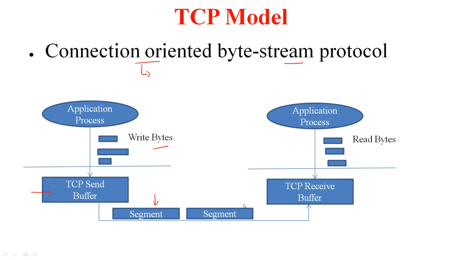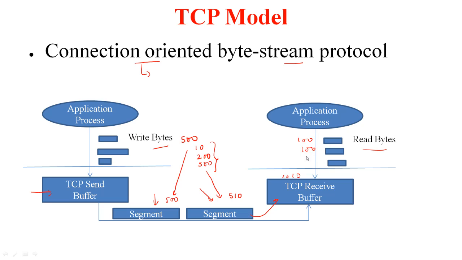And at the receiving side, these segments are written into the TCP receive buffer from which the application is going to read the bytes. So for example, if the application wrote 500 bytes, then this may be sent as 500 bytes in the segment. But if it wrote 10 bytes followed by another 200 bytes followed by another 300 bytes, then it may wait to gather enough bytes and send these bytes out in the segment as 510 bytes. And this application process, when it is reading these 1010 bytes that are written here, may read 100 bytes at a time.